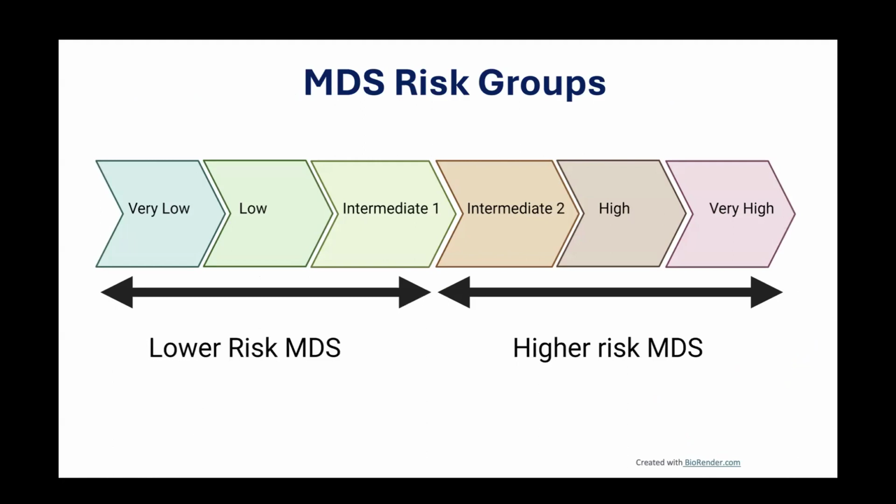So for example, it may tell me the risk is 2. If the risk is 2, that falls into that lower risk category. The general definition based on IPSS-R is anything less than 3.5 is lower risk, and anything more is higher risk. But even within those, we can break things up into clearer categories as very low, low, intermediate 1 and 2, and then high and very high. So, in terms of treatment, we just need to know, is it lower or higher? But in terms of actually parsing out survival, risk of leukemia, all of those, we have much clearer outputs.